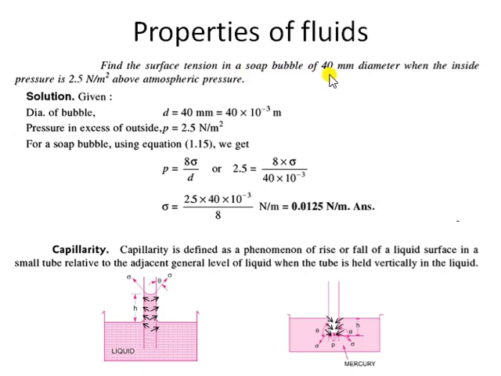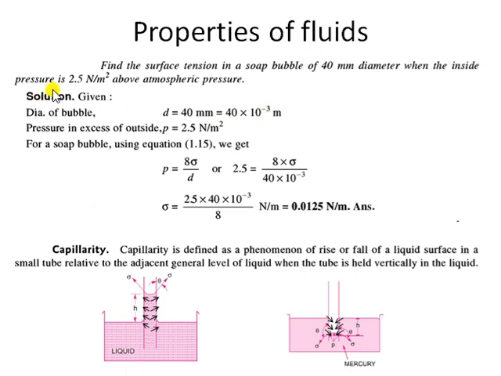Again, whenever we solve a problem, we'll first make a list of whatever quantities are given to us. So it will be easier for us to identify which quantities are required to be calculated and what relations we have to use to calculate them. Okay. So first, the diameter is given to us in mm, so we'll convert it into its SI unit. In meters, this is the value.